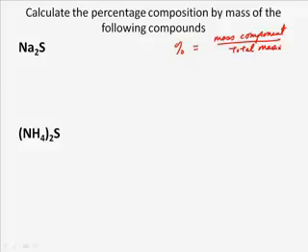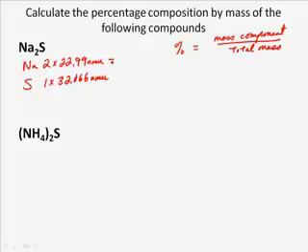And so let's look at these two examples here. Here we have sodium and sulfur, and so combined to make sodium sulfide. So we have 2 sodiums in this compound and 1 sulfur. And so we're going to get this atomic mass from the periodic table for the sodium and for the sulfur. And so we're going to get the total mass of our compound here. And that's going to be